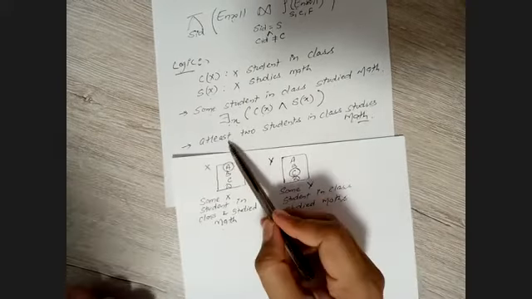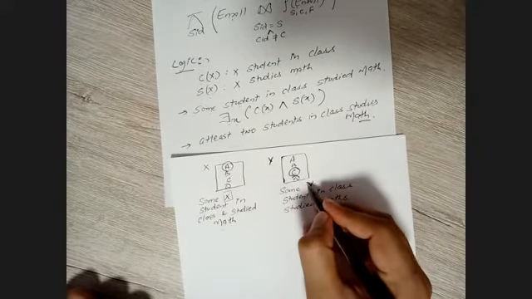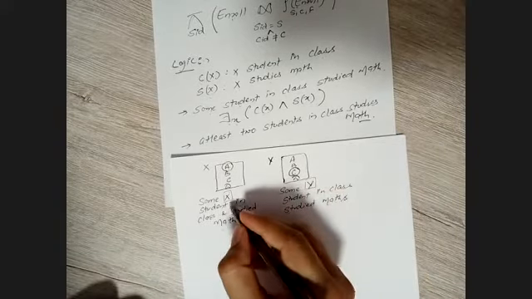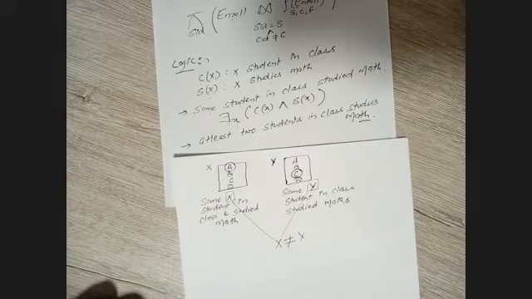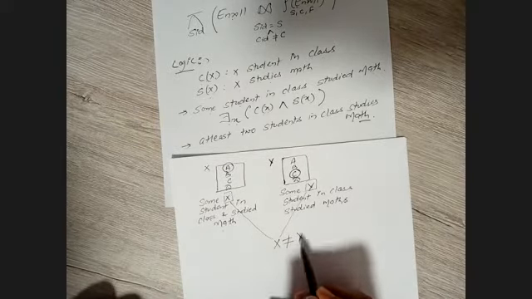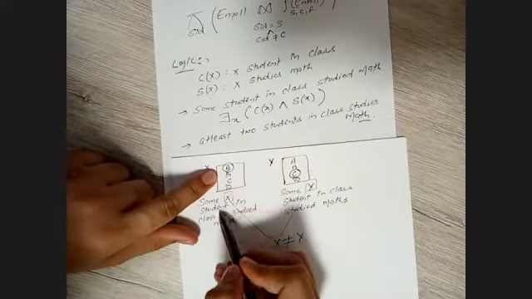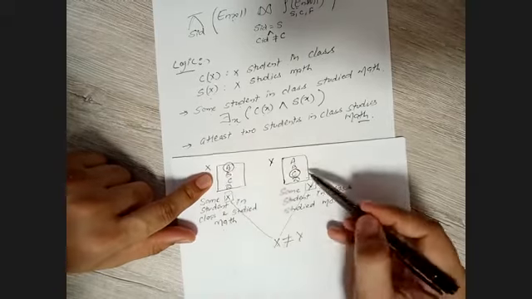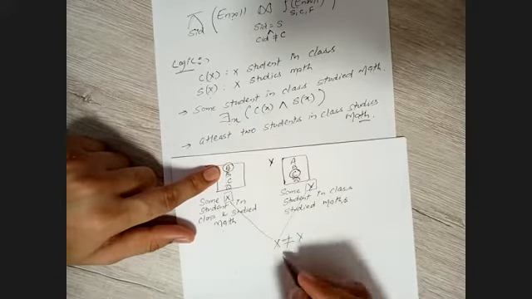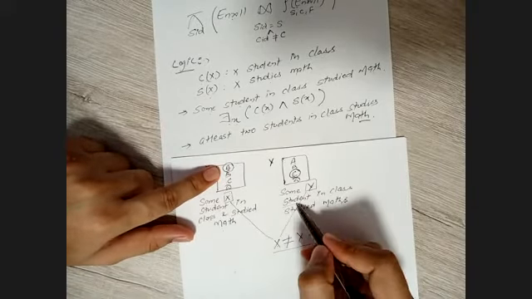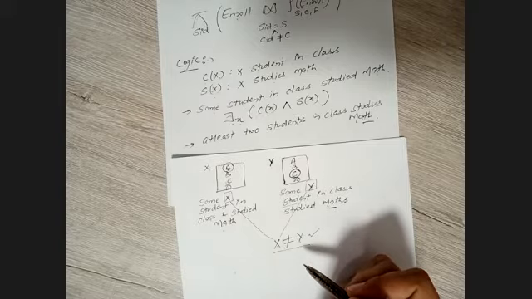So for the condition of at least 2, what should be the relation between this X and this Y? Isn't it that this X and this Y should not be the same? That is X not equal to Y. If X is equal to Y, this means A and A here. X not equal to Y means there is some student in this X object and some student Y which is not the same as X. These are two different students, X not equal to Y, and both are students in the class studying math. Yes or no? So with this we can formulate our condition here.